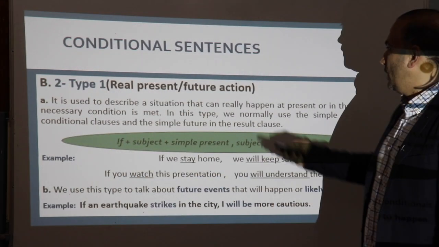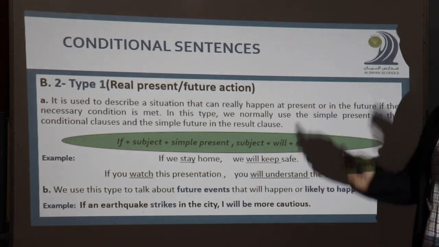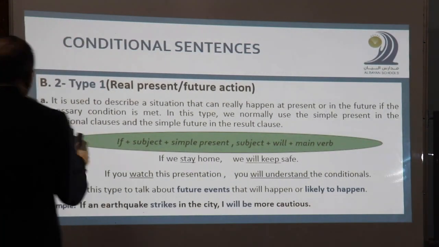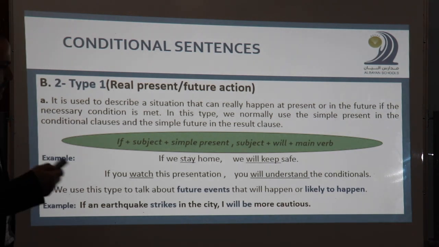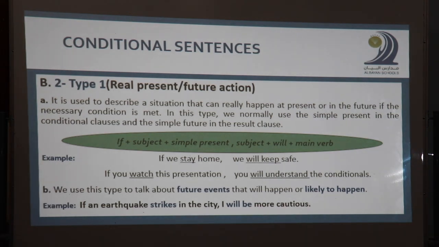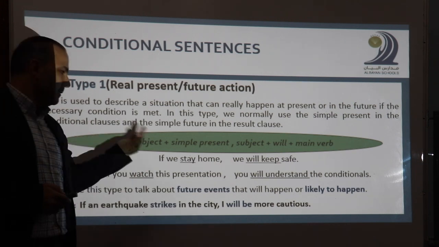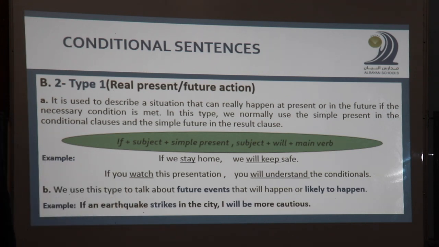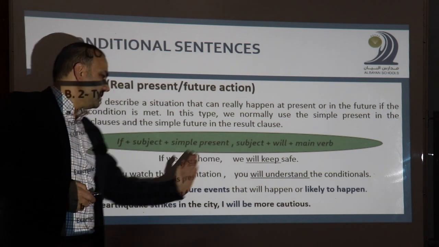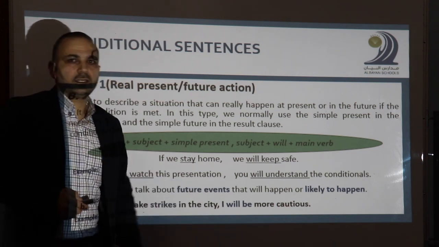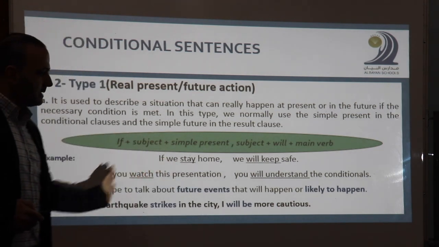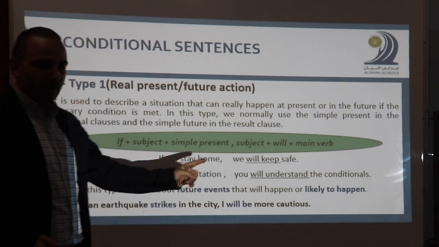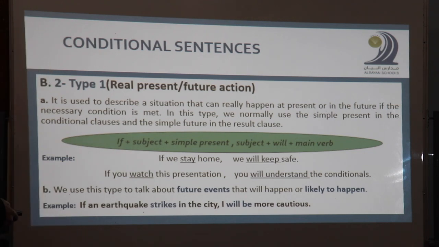That's type 1, whenever we describe a situation that can really happen at present or in the future, okay? If you study well, you will pass. You may pass, you can pass, etc. So these are the two parts. Of course, as we said in the beginning, I will be more cautious if an earthquake strikes. You will understand the conditionals if you watch this presentation. As I'm reading these sentences, of course, no comma is needed because I begin my sentence with the result clause. Anyways,